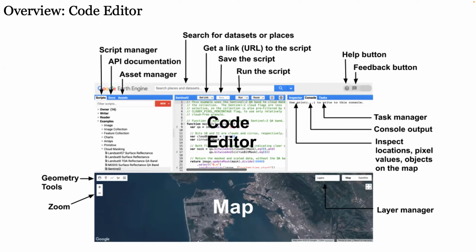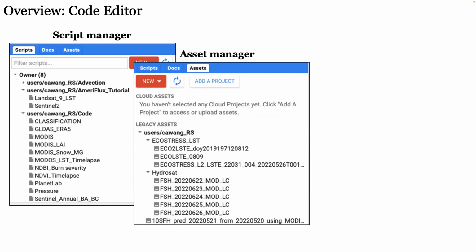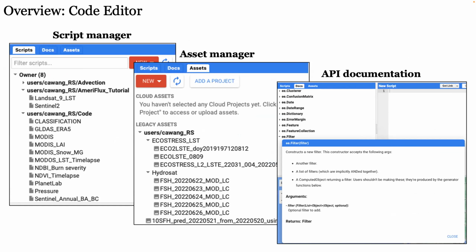And so we can start with the left panel here. In the script manager, you can find all your saved and shared codes, while the asset manager pretty much contains all your uploaded files. These can be your local assets from your computer. And lastly, the API documents is more of an internal help if you're stuck on a certain function, let's say. And oftentimes, if I'm stuck, I tend to just Google around on Stack Overflow, where they usually have most